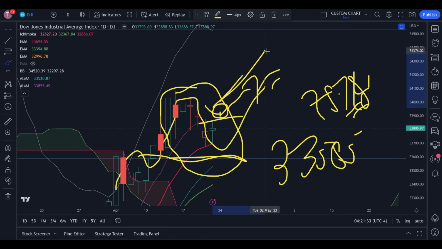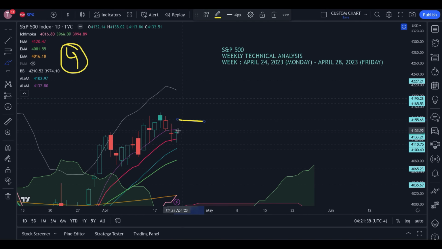Okay, and that will simply clear the path for the S&P 500, and in that case, yes, the S&P 500 is free to move up. It will finally be able to clear the 4155. Now guys, there is one more thing about this 4155. Because the S&P 500 has failed,